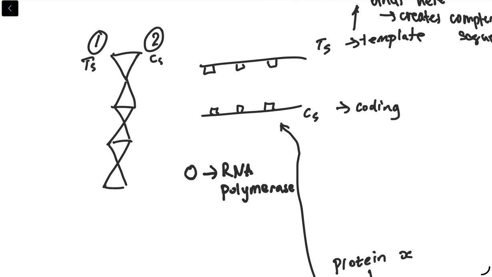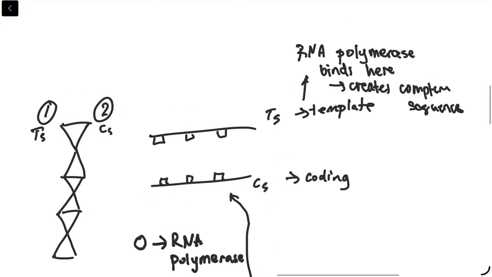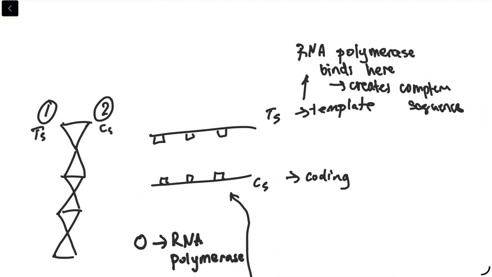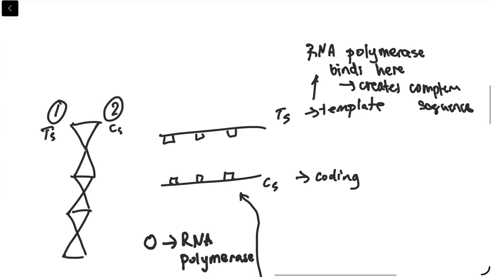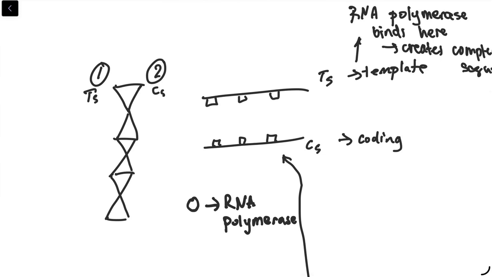Let's start now. First things first, RNA polymerase binds to our template strand, because remember, the template strand is where RNA polymerase binds to create a complementary sequence. RNA polymerase will only ever bind to the template strand. You will never find it binding to the coding strand. So let's draw RNA polymerase binding to that. It binds to the primary sequence of our template strand